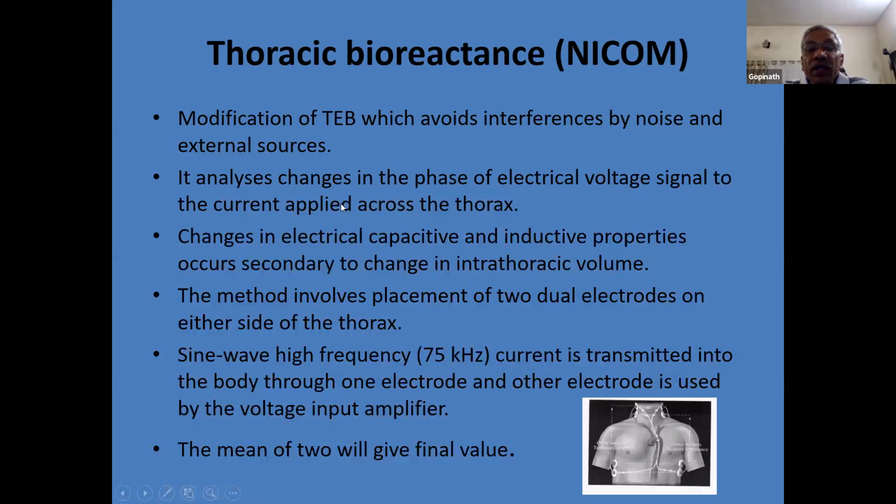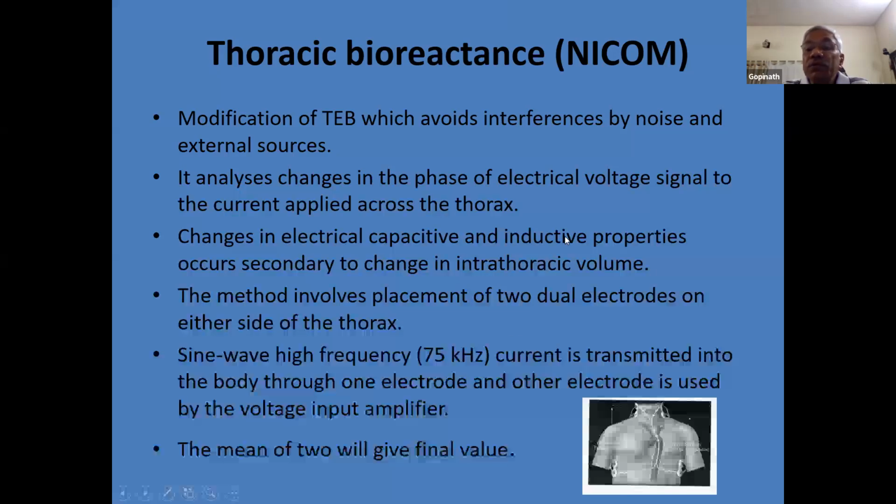This analyzes changes in the phase of the electrical voltage signal when it is applied across the thorax. So basically it involves applying dual electrodes across both sides of the chest, and changes in electrical capacitive and inductive properties secondary to changes in intrathoracic volume are what is picked up. A 75 kilohertz sine wave current is transmitted through the body, and a mean of all this will give you